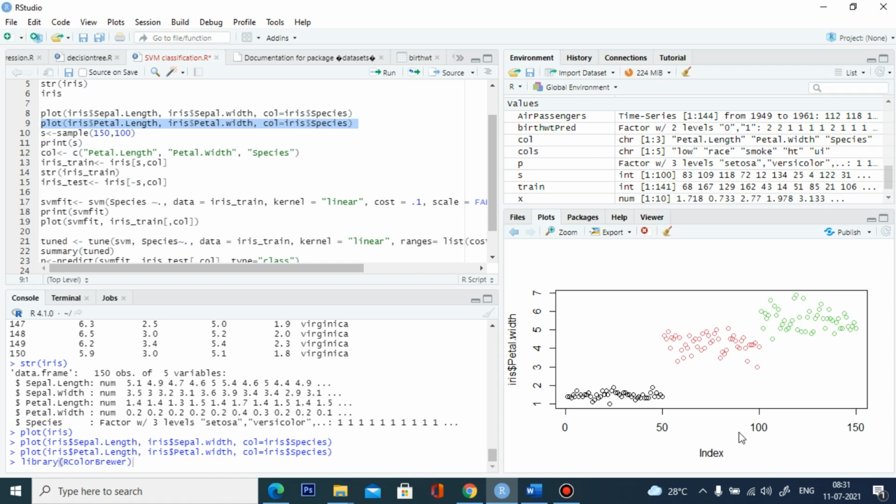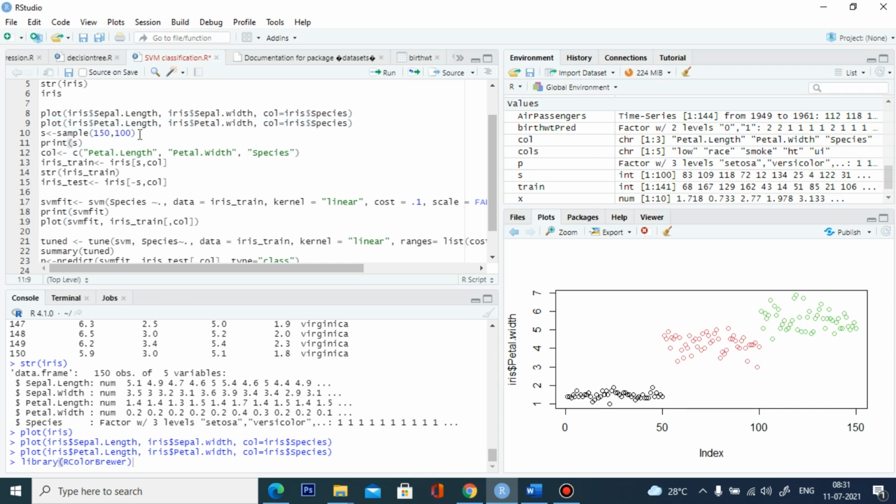There is a clear separation. We can easily create the hyperplane with good support vectors. So instead of taking all the variables in the data set, I am going to take the petal length and petal width for my SVM classification. It will give me a clear separation between the 3 species.